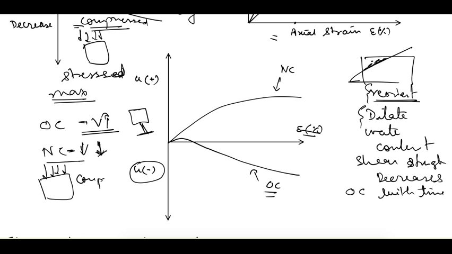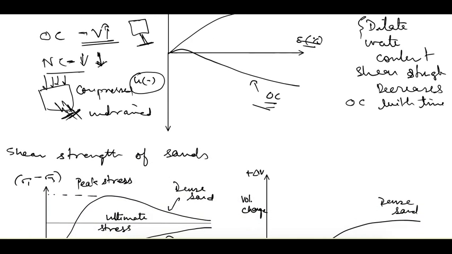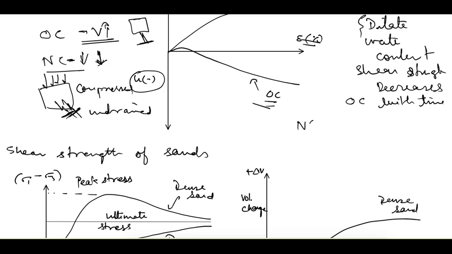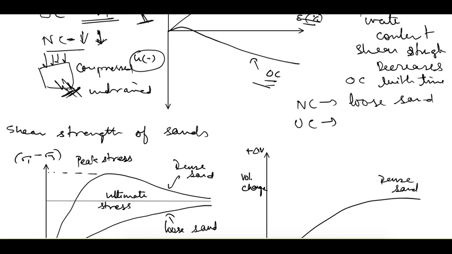Whereas in case of normally consolidated clay, it wants to show a volume decrease. That means it wants to be compressed, but if we are holding this water from moving out, the water wants to move out of the soil, but we are holding it by keeping the conditions undrained. In that case the pore water pressure will be positive, so the pore water pressure will increase. That is the case for normally consolidated clay, and the negative pore water pressure is the case for over consolidated clay. The same is the case with sands. That means normally consolidated clay behaves similar to loose sand, and over consolidated clay behaves similar to dense sand.